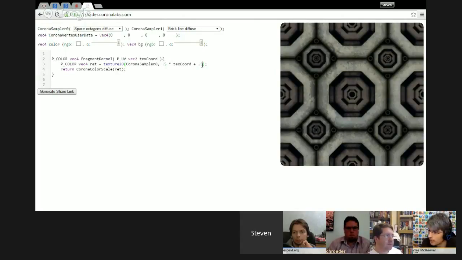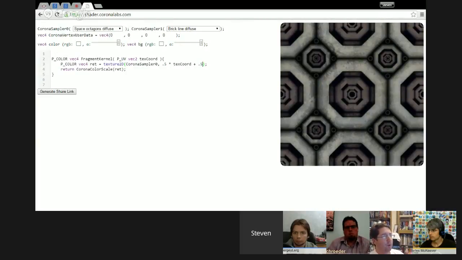Without being able to point at the screen, Charles, and correct me if I'm wrong here, Stephen, but traditionally when we're talking about filling in the pixels in a rectangle in a rendering environment like this, especially in Corona, it starts at 0, 0, which is the upper left corner, and then moves down to the lower right corner, incrementing x, goes from left to right, and y goes from top to bottom. Now, regardless of whether or not the y's are inverted, what he was saying is by doing that multiply by 2 and minus 1 thing,